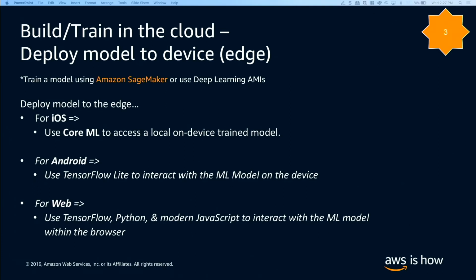And then the web, you can use a combination of TensorFlow Lite. You've seen a lot of talk about doing machine learning on the browser itself. And that's coming down the pipe. Okay, so some of these advantages,